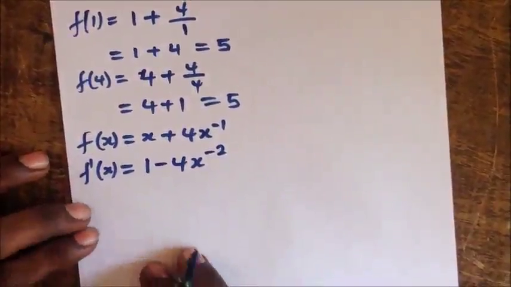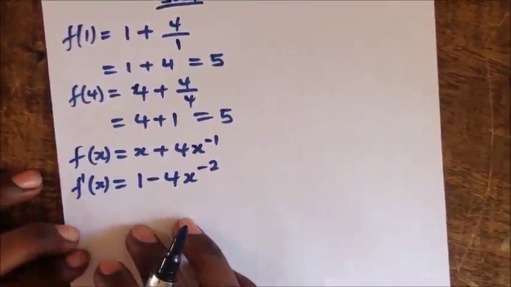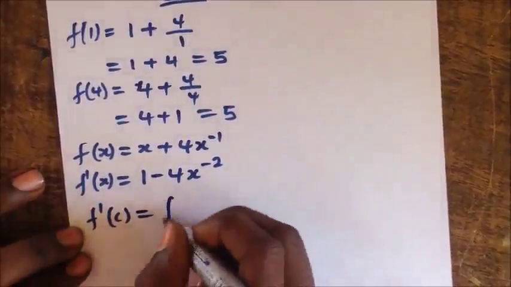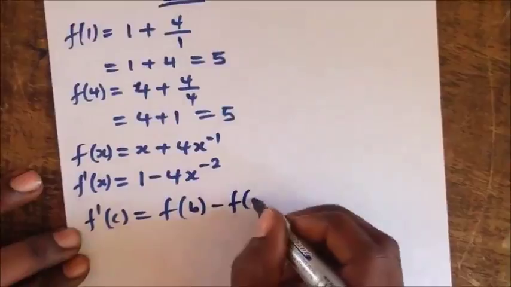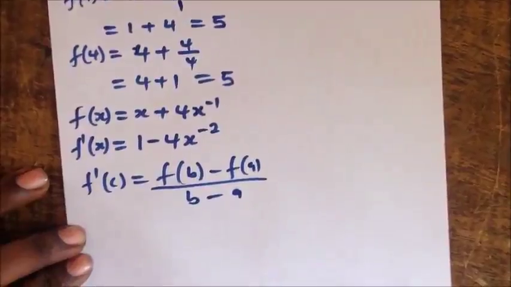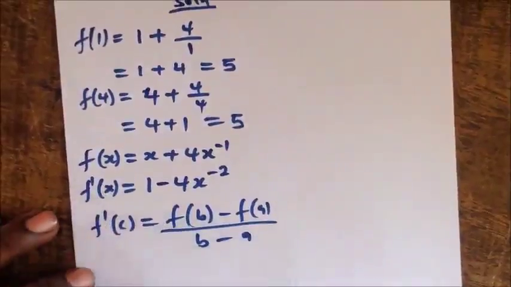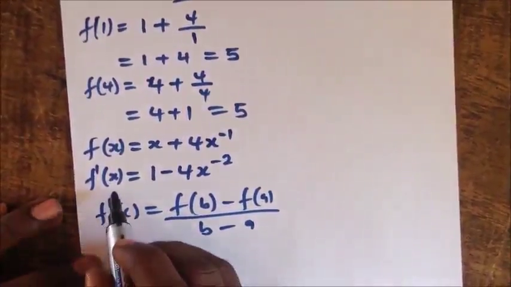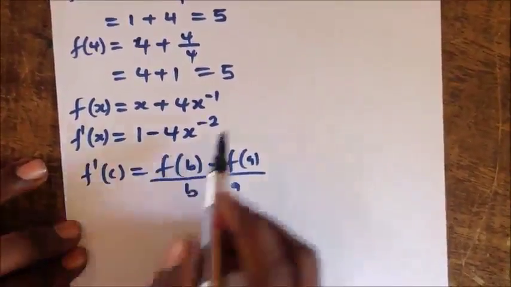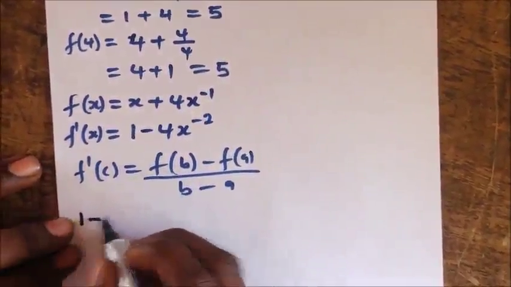We are asked to find the number c that exists in the open interval 1, 4. As we said, to find that number, we are to use the conclusion of the theorem. And the conclusion of the theorem says f prime of c is equal to f of b minus f of a, divided by b minus a. We don't have f prime of c, but we have f prime of x. Since we have f prime of x, we can find f prime of c. So anywhere we have x in f prime of x, we should replace it with c. So therefore, our f prime of c will be 1 minus 4